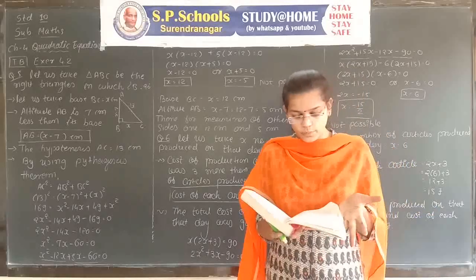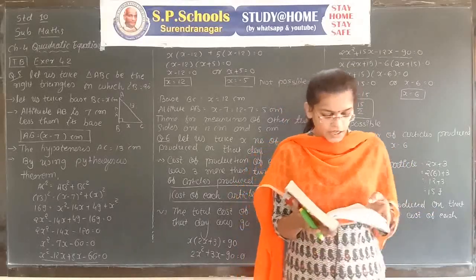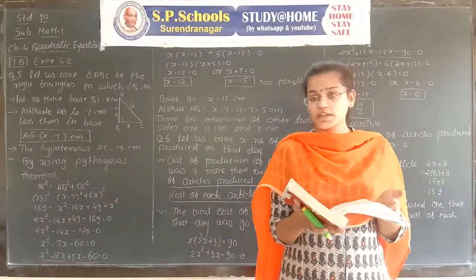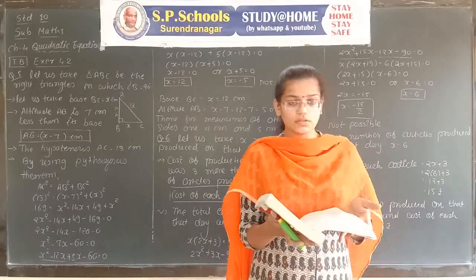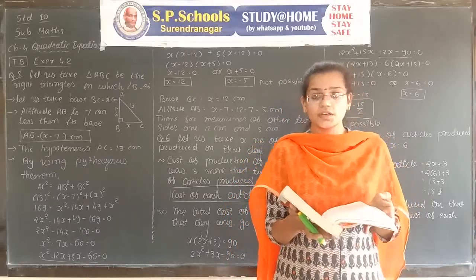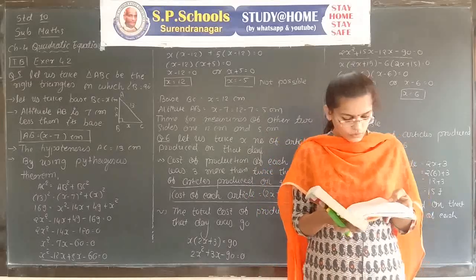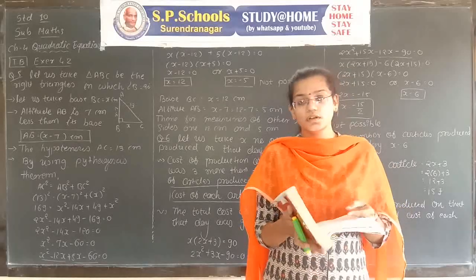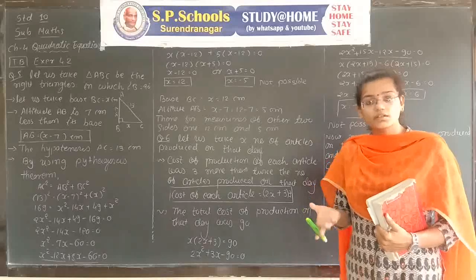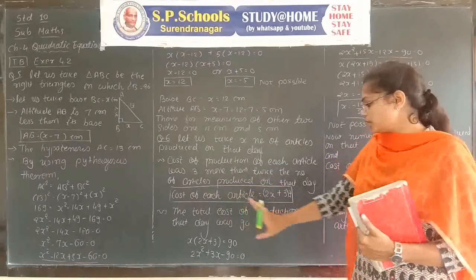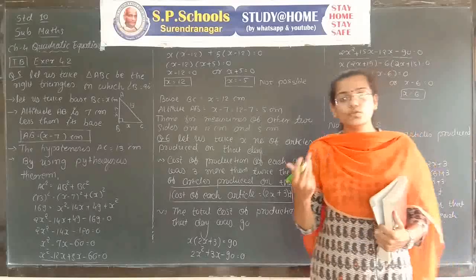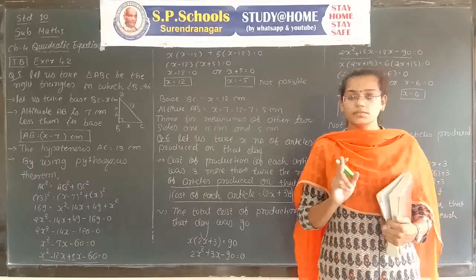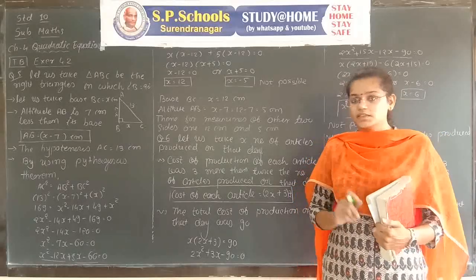Means the whole exercise 4.2 is completed. Question number 2 to question number 6 are practical sums. Chapter number 4 is very important because a practical sum comes in the examination for 3 or 4 marks. In the next session, whenever we meet, we will start a new method to solve the equation. It is called the factorization method to solve the equation. Two other methods are also possible. Try to do the homework by yourself. Keep practicing. Practice makes a man perfect.